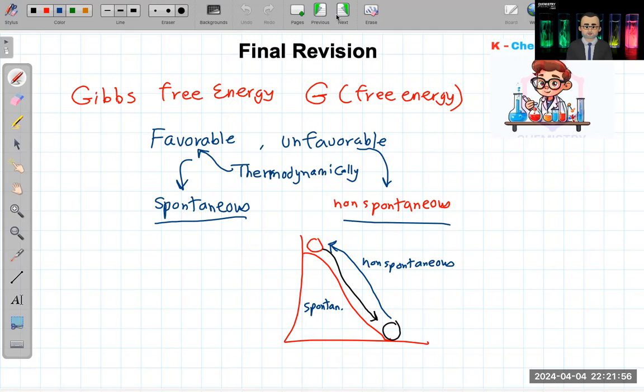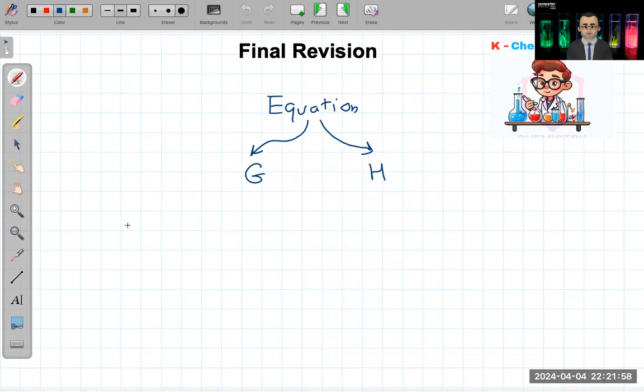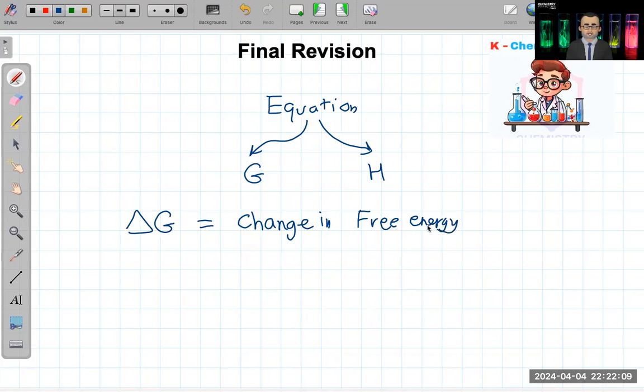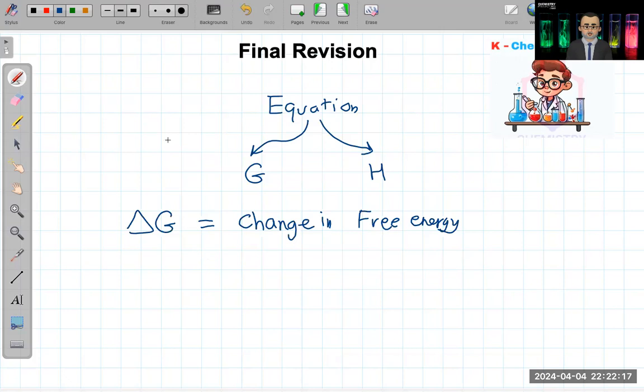We will understand better if we try to know what delta G is. That's the change in free energy. What is the meaning of change in free energy, mister? It means: does the delta G decrease or does the delta G increase? It can be calculated from the standard free energy of formation. Do you remember when we calculated the delta H from the standard enthalpies?